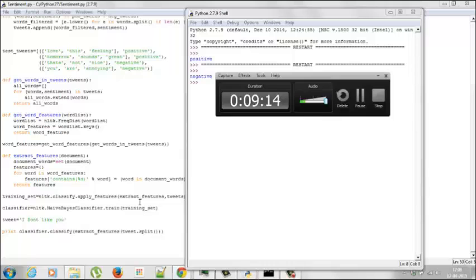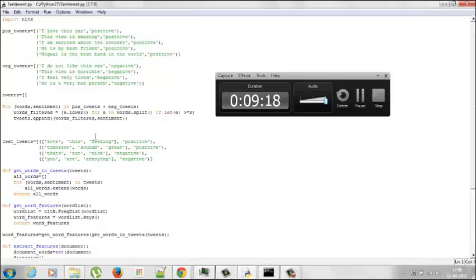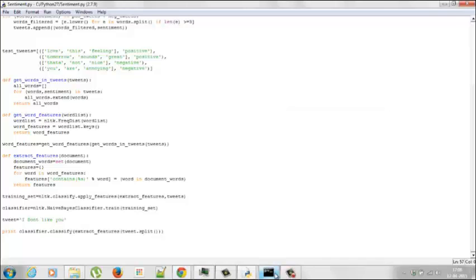Now this is just an example over here. That's why we are using a small training set that contains 9 tweets apparently. And this is how this works. We'll also be talking about